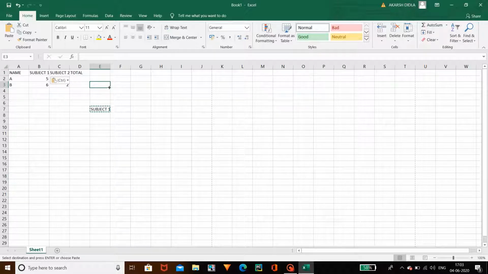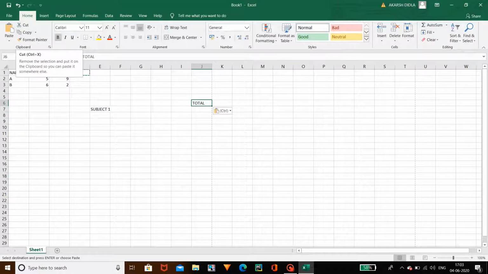I will show you how easy it is. As you can see here, I want to copy the total. Simply I will do Ctrl C, and if I want to paste here, simply I will do Ctrl V. No need to use your mouse to go to the cut and copy. Likewise, this is the use of cut, copy, paste with your keyboard.